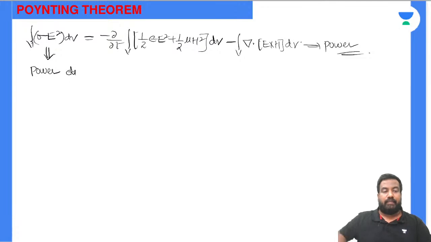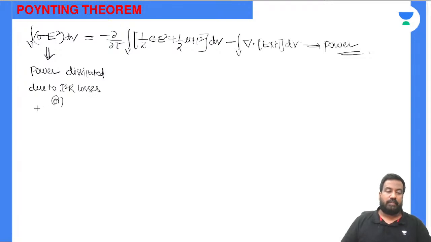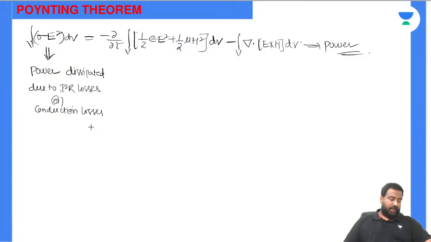Power dissipated due to I square R losses or conduction losses is equal to, I repeat it, power dissipated due to I square R losses or conduction losses is equal to